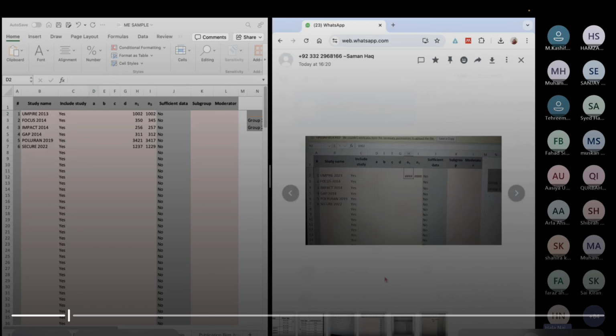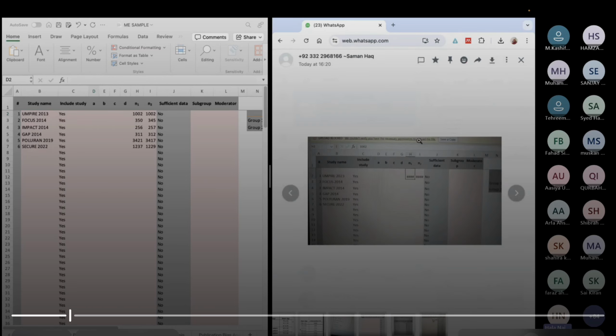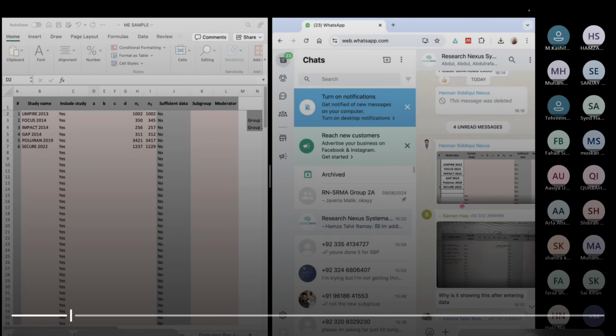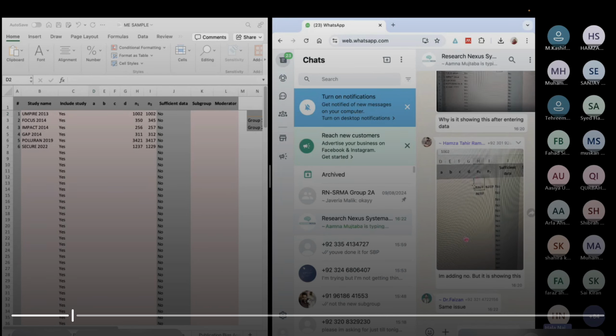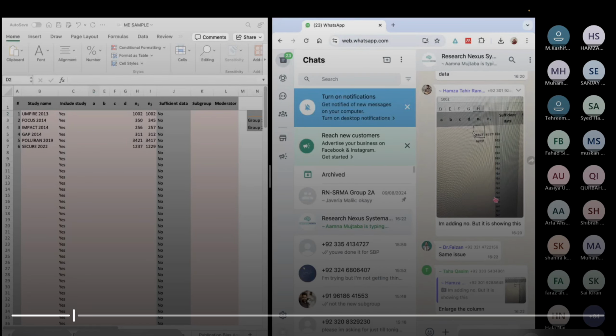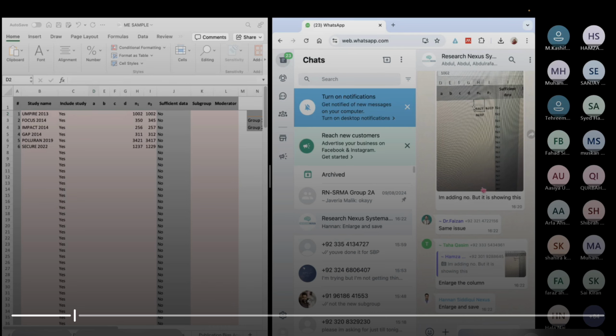Guys, I think one option of yours is blocked, you have to enable it, and make sure that this is editable. Right? Someone, I can see something. So save a copy and then do it. Hamza, same for you. Okay guys, once you do this, let me know. Dr. Faizan, same, I think same issue here. You have to allow your copy to be editable, and someone's written enlarge the column. Maybe that will fix it. Check that as well. Okay, Saman and Hamza and Dr. Noman, Dr. Faizan, once you get done, let me know.